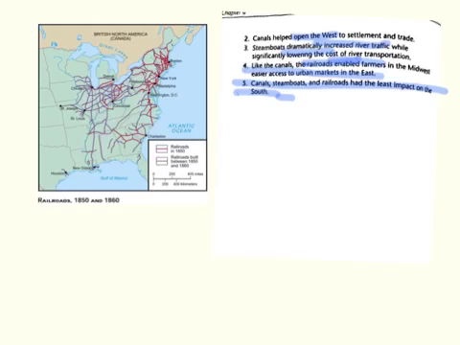And also, it's not a bad idea to remember, because it foreshadows events that are to come, there was not a lot of impact of this in the South. There weren't any canals built, and railroads, as you can see from the map right here, while there are some in the South, it's nowhere near the level of density that you see in the North and Northeast. So once again, it gives the South a perception that they're being left behind when it comes to economic matters. So that closes out this chapter.